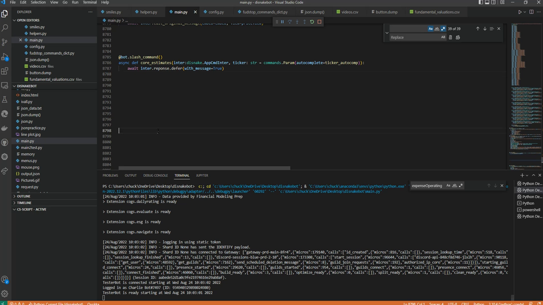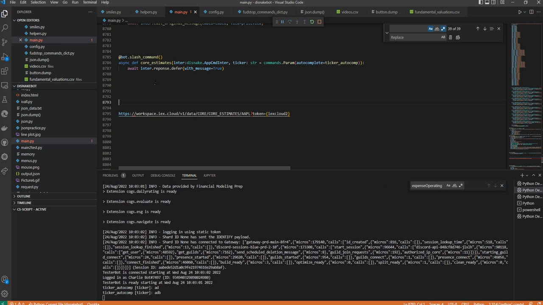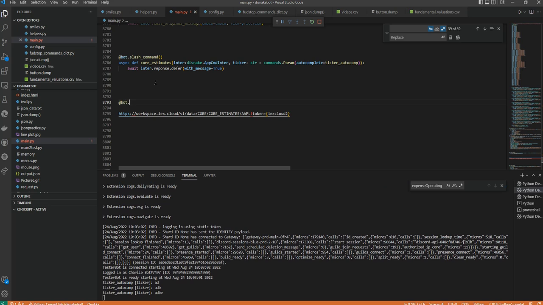So I'm going to paste the URL into Visual Studio Code, and now I'm going to write my bot command. I'm going to assume that you have some background in Discord.py or Disnake.py or Python in general. So I'm just going to go over this very quickly and show you how to do this with a slash command utilizing the consensus estimate endpoint. So let's get started. As always, @bot.slash_command,